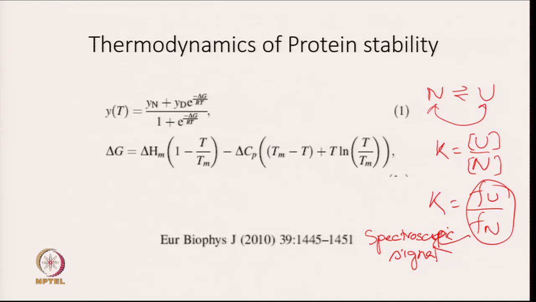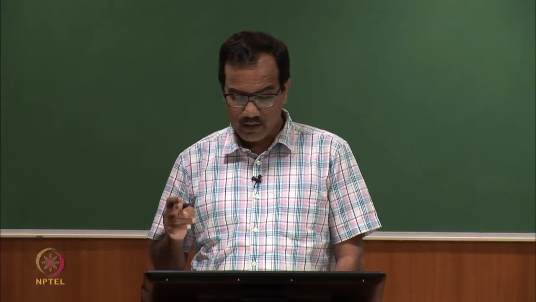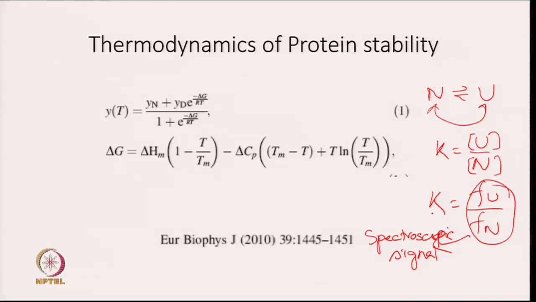So, just by measuring the total fluorescence intensity, look, here I am not talking about intensity due to the unfolded form or native form, we related total fluorescence intensity to the ratio of the fraction of unfolded form and the fraction of native form. When we calculated this ratio and related it to K, we could express the total signal, total fluorescence signal, or